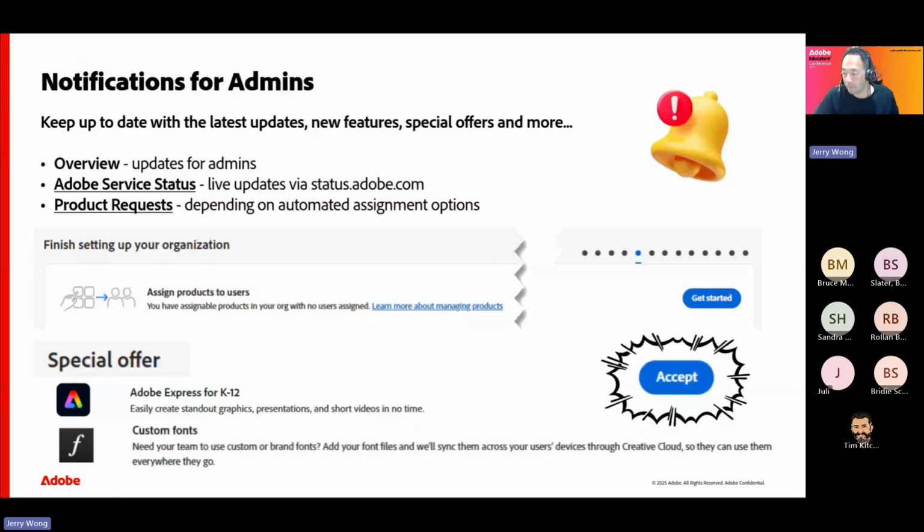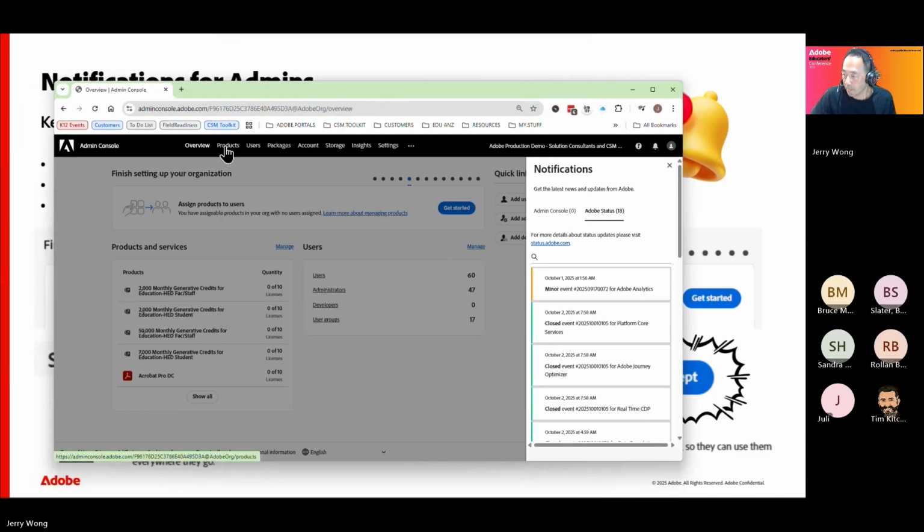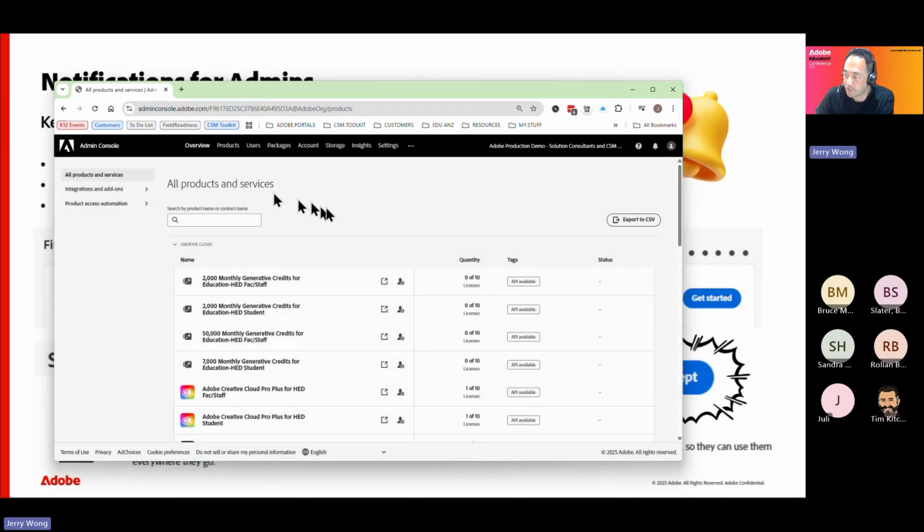Actually, just moving on. And like I mentioned about the actual special offers, a lot of times they will just show up in the product menu, right? And this is actually going to be related specifically with your organization classification that we spoke about before. For example, in K-12, you got Adobe Express for free. And in a lot of cases, some schools may not even know it's there. So if you actually do look at that, pay attention in the actual product tab here.